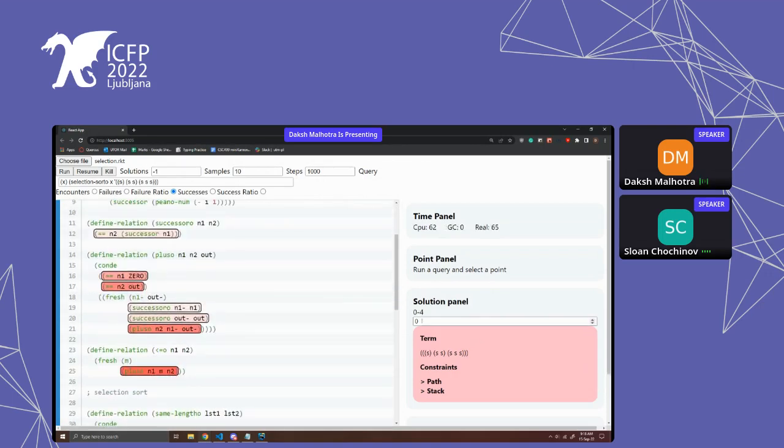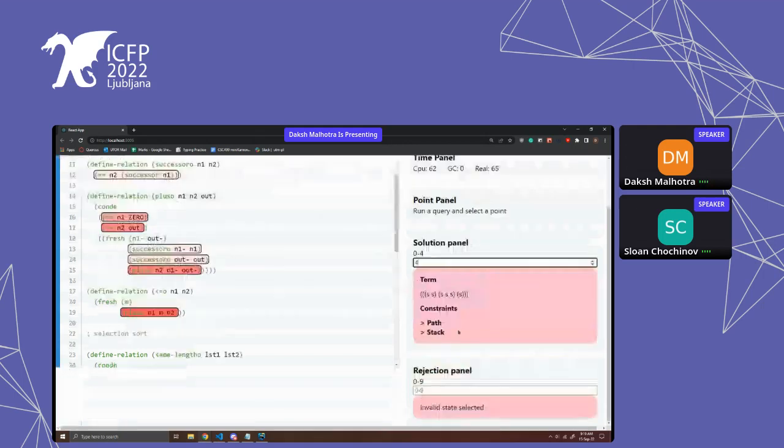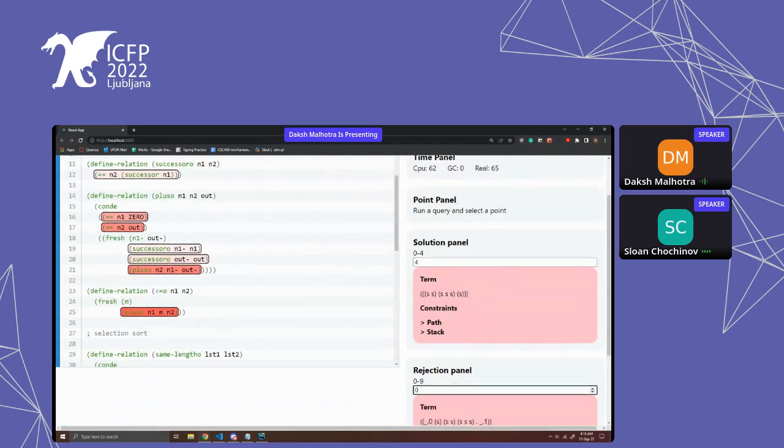Now our profiler has updated, and as you can see by the 0 to 4 in our solution panel, miniKanren has found 5 solutions of the 6 that we expected in 1000 steps. However, the 6th solution still was not found. Also, you can see the indices of failed states in the rejection panel here, similar to what we saw in the solution panel. Looking through some of the failed states,